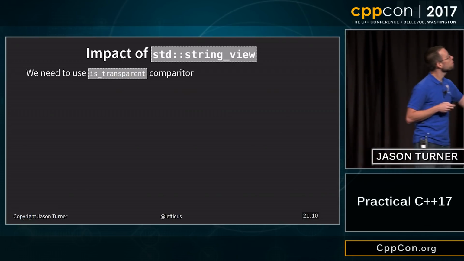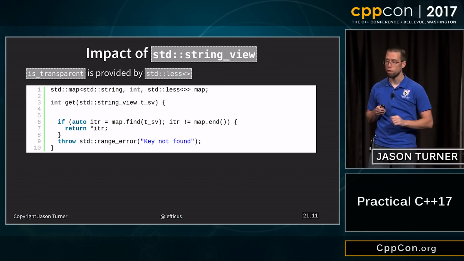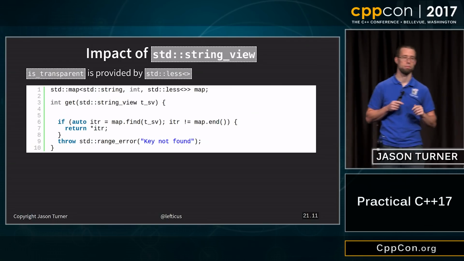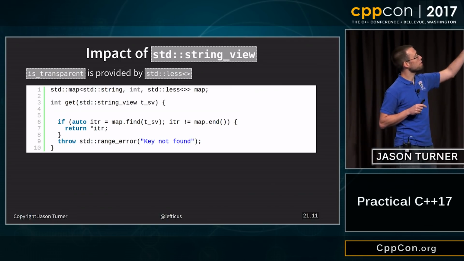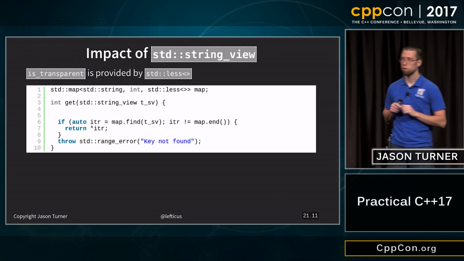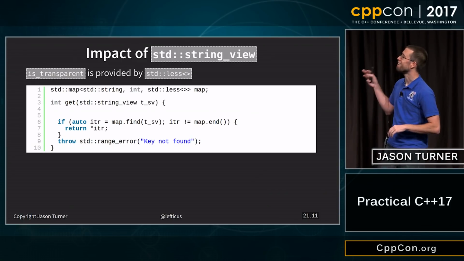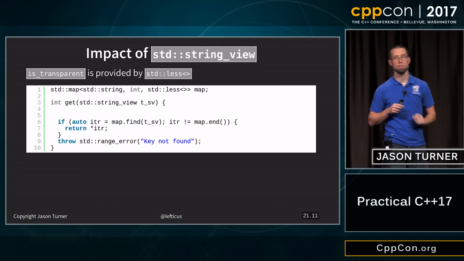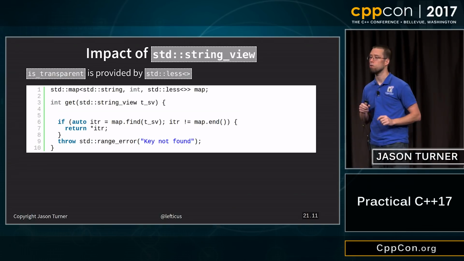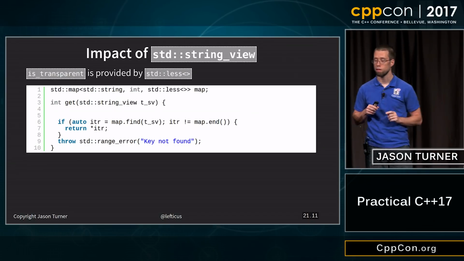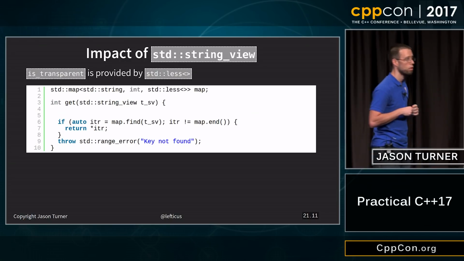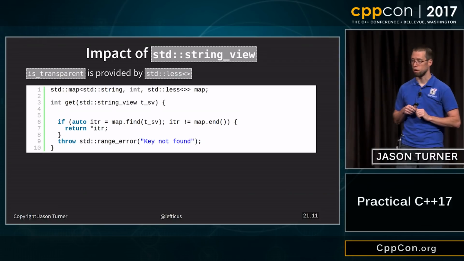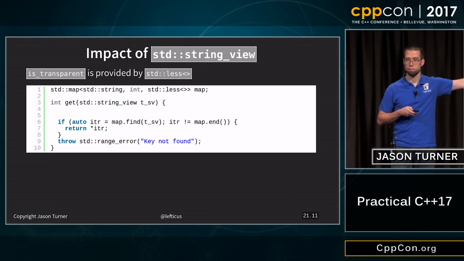And we can do that like this. On line 1, we are using the std::less template that takes the void type, and that is giving us an is-transparent comparator. I don't have time to go into the details of what that means exactly, but it allows the library, when we call find on the map, specifically I believe find is the only method that works with transparent comparators, to automatically look up our string here, and now we compile.